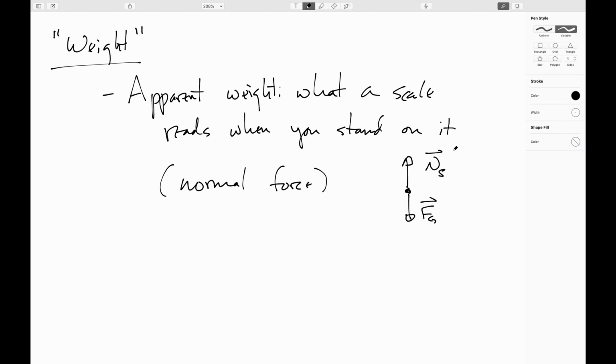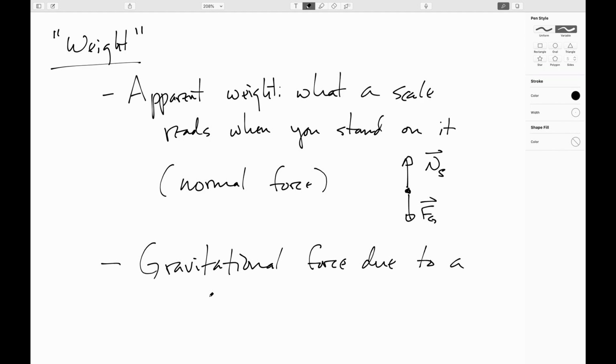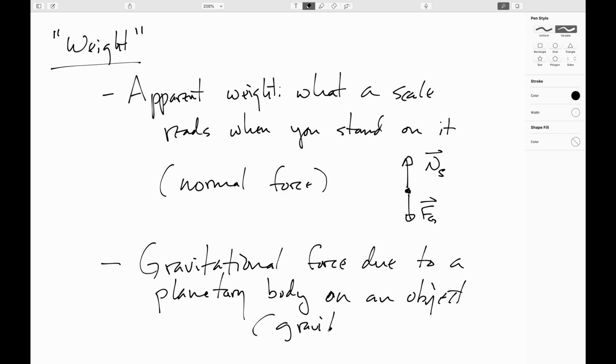So that's one definition that books use. The other definition used, again, in almost a perfect 50-50 split, is the gravitational force due to a planetary body on an object. So this is the force of gravity. And in the research that's been done,